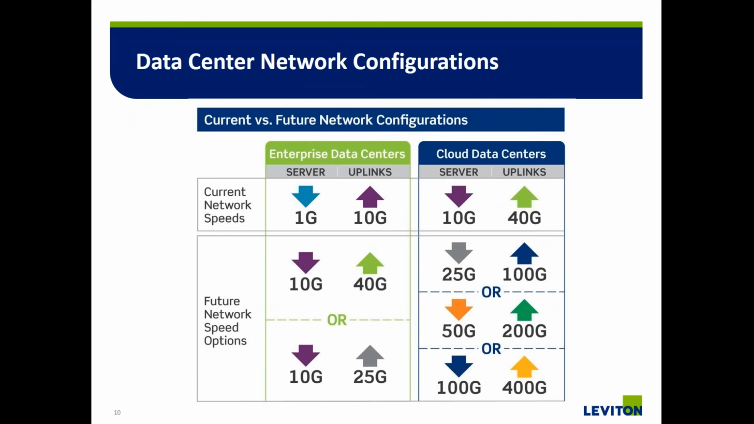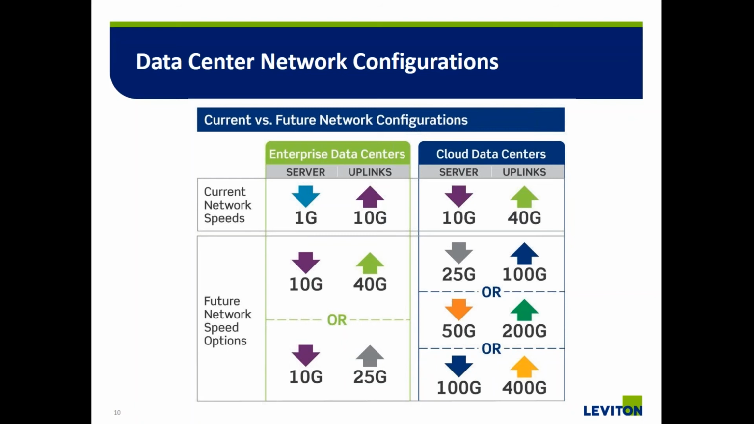This slide is a good visual to see the current and future state of network configuration in the enterprise and cloud data centers. Currently in the enterprise data center, the speed down to the server is 1 gig and uplink is 10 gig. Future network speeds will be 10 gig down to the server and uplinks of either 40 gig or 25 gig. In all these cases, the fiber type used is either OM3 or OM4 multimode due to